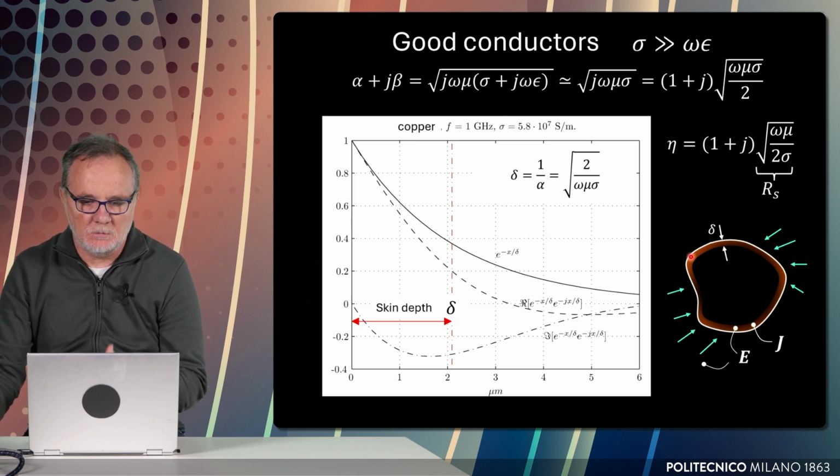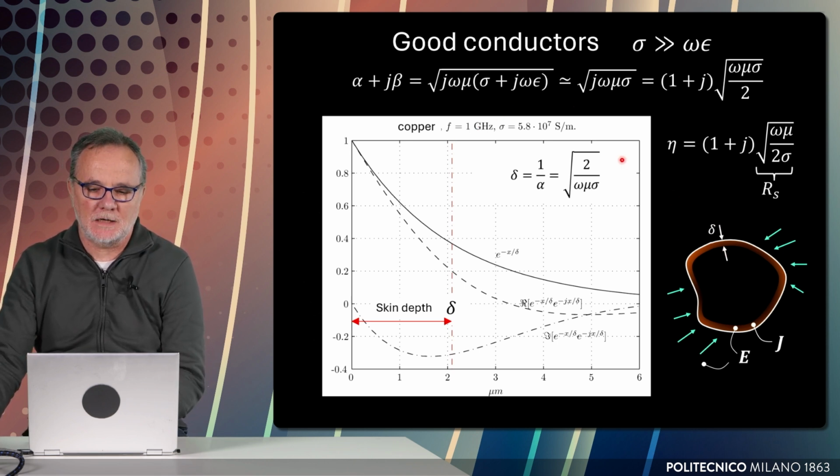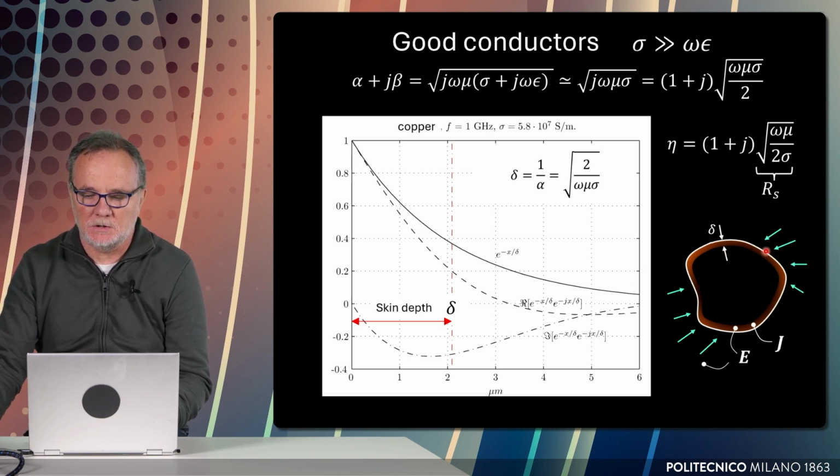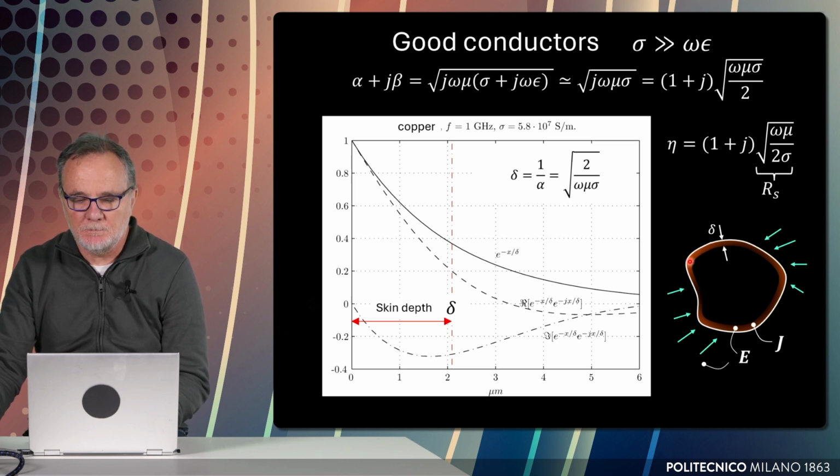If we do the computation for some common conductors, we observe, for instance, that in copper at 1 gigahertz, in which the conductivity is 5.8 times 10 to the 7 Siemens per meter, as you see here with the skin depth in microns, we are of the order of 2 microns. So it is very, very thin, the region in which the fields are non-zero. Then, after delta, we can consider the fields as being zero. So if we have an arbitrarily shaped body that is made of a good conductor, and externally we have some fields, the field penetrates inside the material for a small thickness delta.